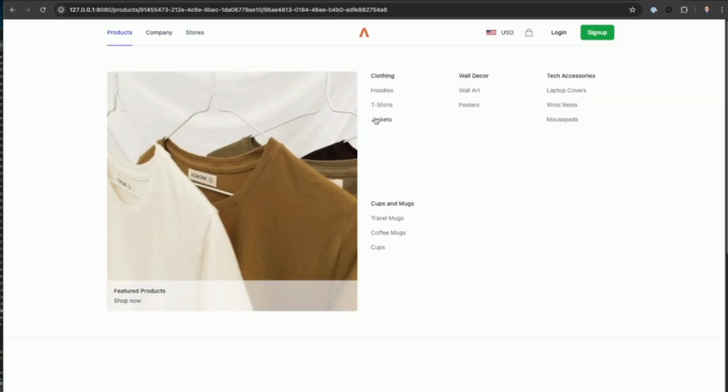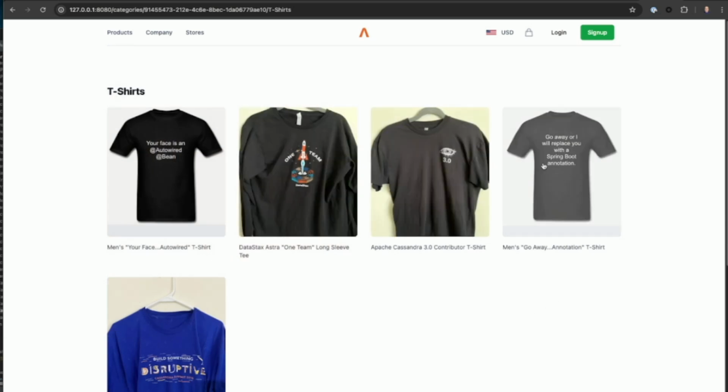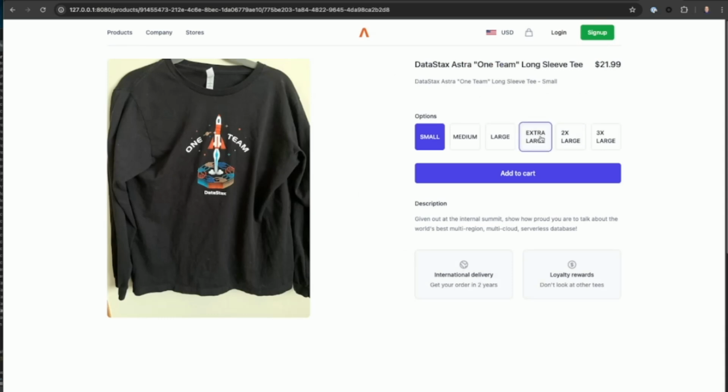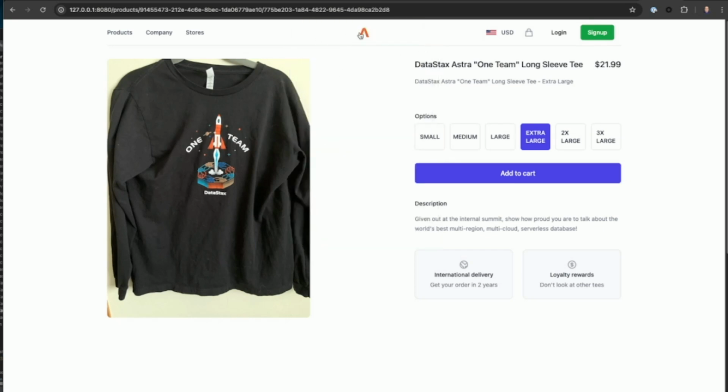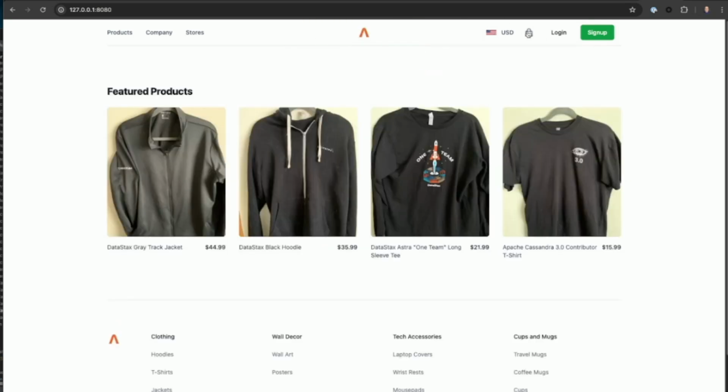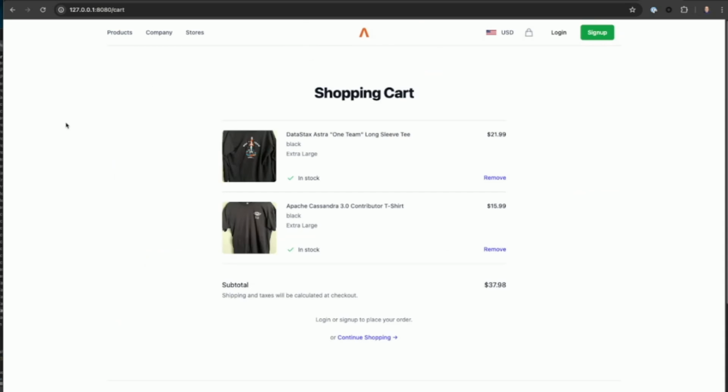And maybe I'll go into t-shirts, DataStax one team, extra large, add to cart. Excellent. Then I can click into the shopping cart, and you see there are the two items that I've added. So this is what we're going to be working on today.